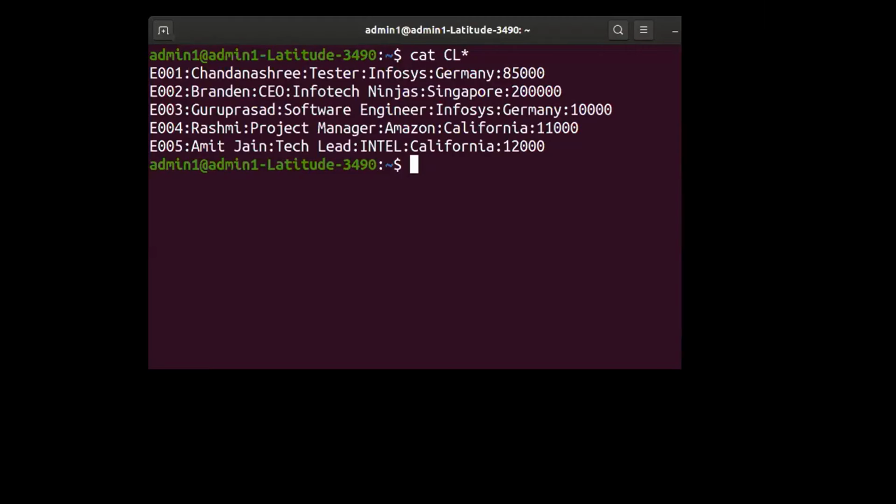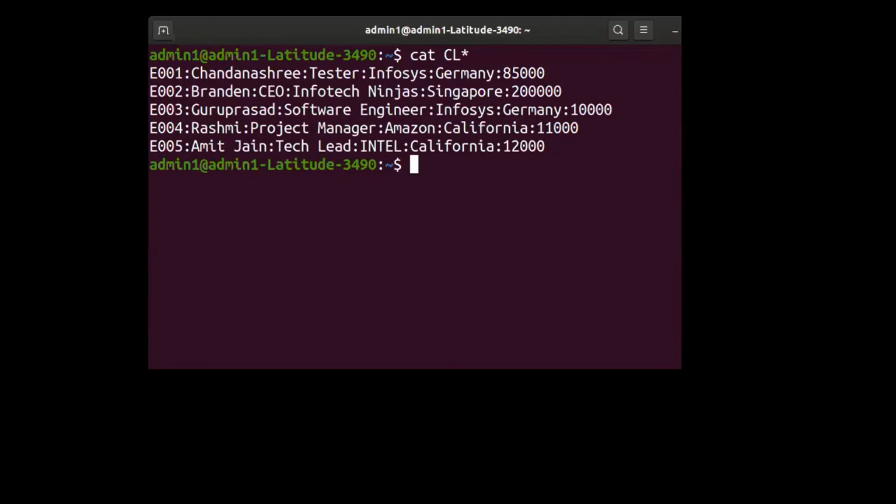That is the prime reason we don't use commands like cat, head and tail, because those commands cut the file horizontally. Here we have to cut the file vertically, and that is where I'm going to use the next set of commands available in Unix.